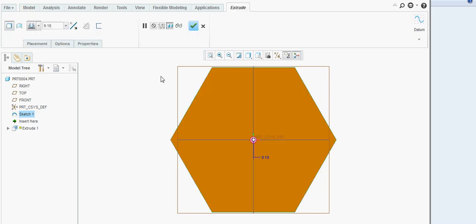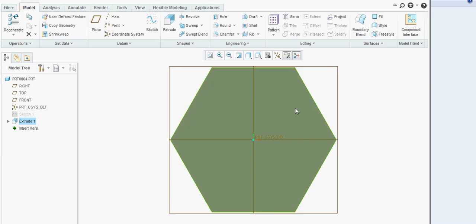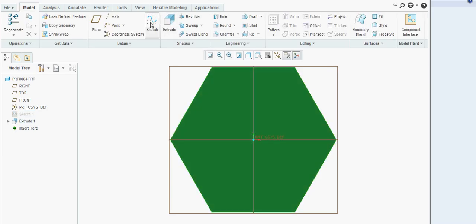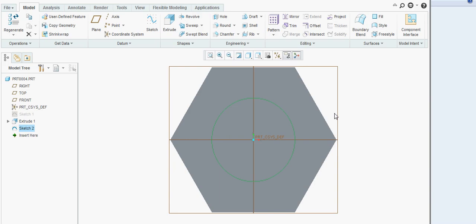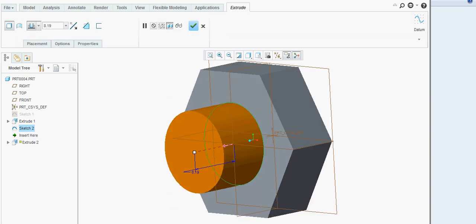And extrude up to 8 mm. So give 8. Give OK. And select the surface, sketch view. Circle, diameter is 12. Give OK. And extrude. So extrude up to